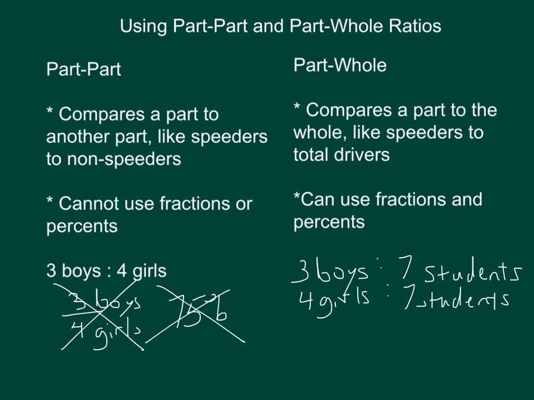What I am allowed to do, however, is now that I've switched over to part-whole, I can say that I have 3/7 that are boys, because out of 7 students, 3 of them are boys. Now, unfortunately, 3/7 is not one of our benchmark fractions, so I don't know that one off the top of my head. But I know if I do top divided by bottom, I'll get my decimal. So I do 3 divided by 7 in my calculator, and I get